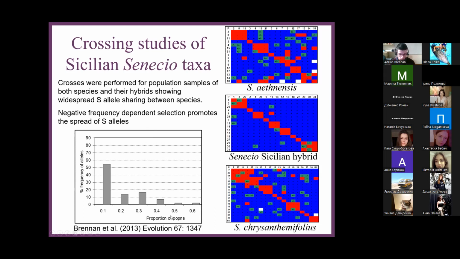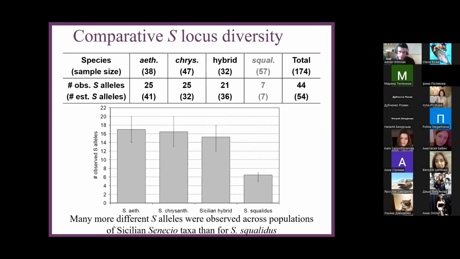Here you can see a summary result of that. On Sicily, how many S alleles were there, and what was the frequency of different S alleles across the populations that I found? Many of them I only found once in a single sample population. When you compare the different species and the hybrids from Sicily with the UK populations, you can see that there's much less S allele diversity in the UK populations. Here it is as a figure, reflecting a population bottleneck associated with invasion.